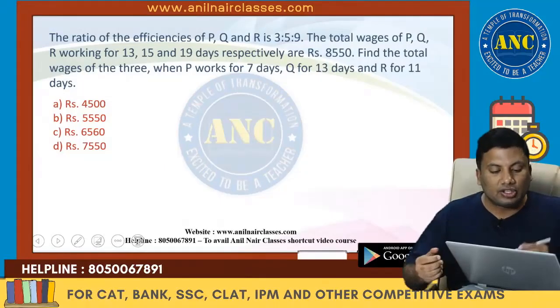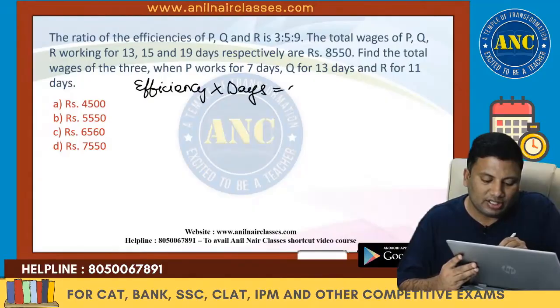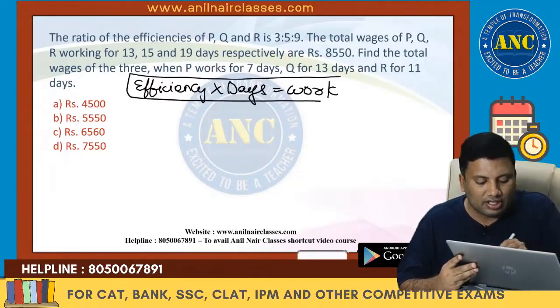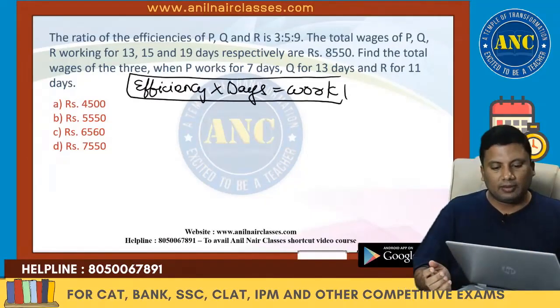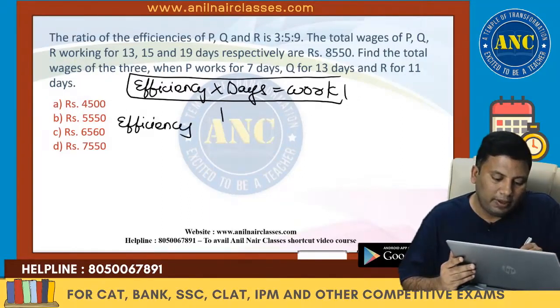Next one, ratios of the efficiency. Again, one more question is based on efficiency into days. Efficiency into days is nothing but the work. So the efficiency of P, Q and R is given by